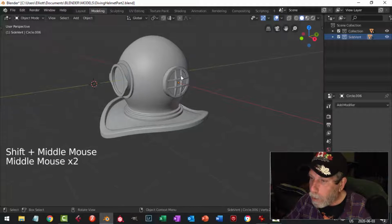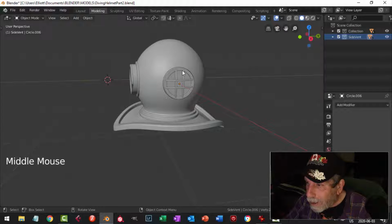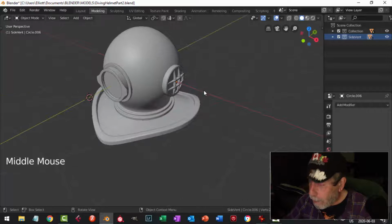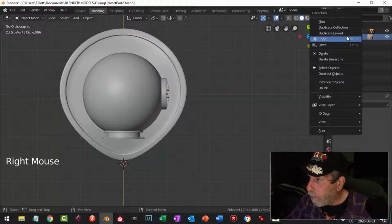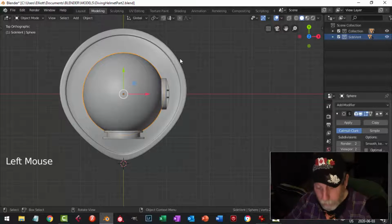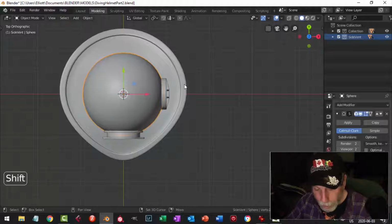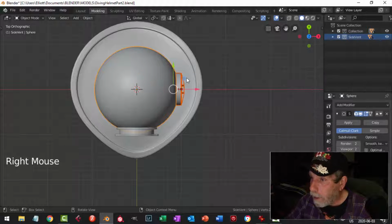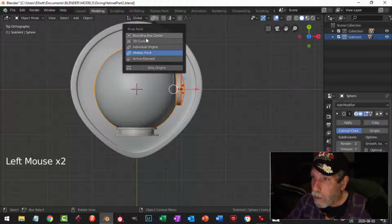And what I'll do is I'll move these, once I don't know if I'm going to put bolts, I'm not sure what I'm going to do, but say I'm going to put some bolts on this, and maybe even change its size. Then I'll have a second one, and what we'll do is we'll take this. I'll show you. I'll do this right now. Let's grab this just to show you what I'm going to do. Cursor selected. Actually, I'm just going to go Shift C. I'm going to take this guy, select it, and I'm going to set my origin to the 3D cursor,